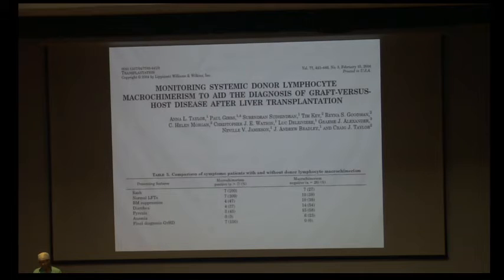So for diagnosis of GVHD, there should be macrochimerism with more than 1% cells of donor origin, and that is obviously done by immunophenotyping. And as you can see, in 100% of cases with macrochimerism, the final diagnosis of GVHD was confirmed, and in those in which macrochimerism was negative, none had GVHD. So this is the final diagnostic way of diagnosing GVHD, but it is expensive and time consuming. Treatment has to be started before the report comes, and still it is fatal in 85% of the patients.